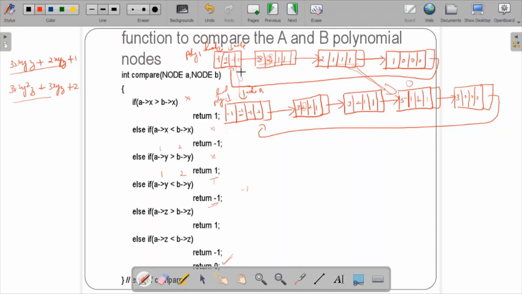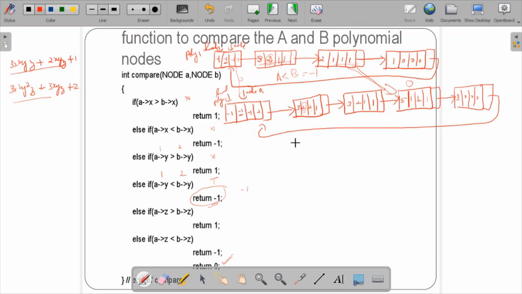I'm telling the compare function. When it is over here, it compared x and x, it was equal, then it compared y and y. So this was less than, I mean this is node A, right? Node A is less than node B, that means it is -1. So this case was satisfied. Similarly, all the nodes will be compared in such a way. So that's why I'm going to use the compare of node A and node B.